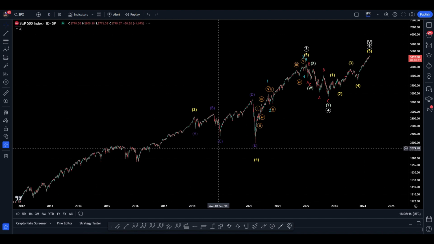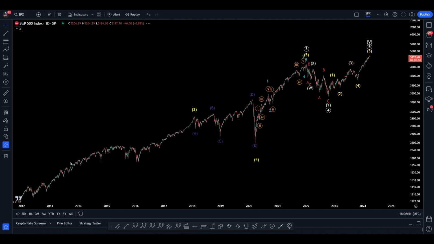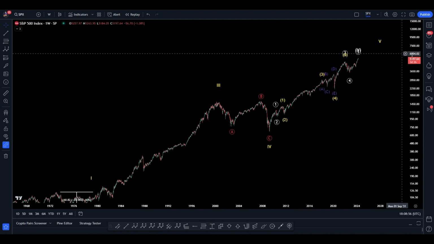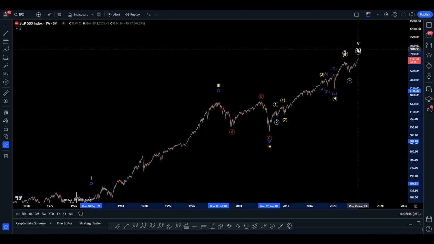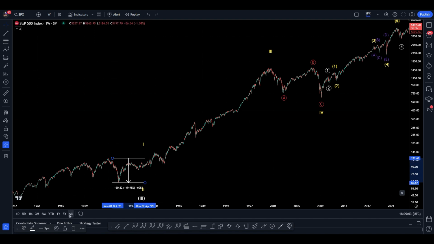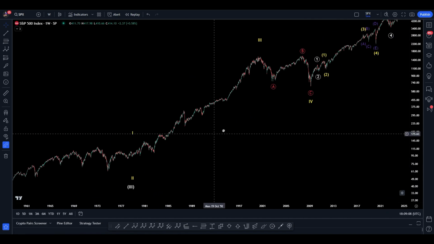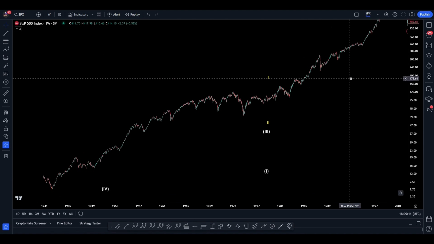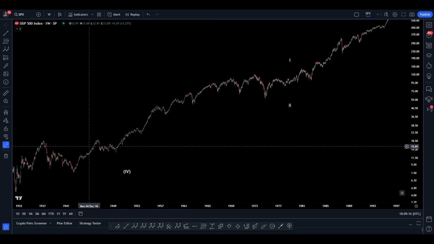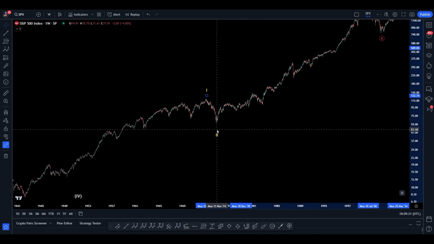If we go back in time, let's go to the weekly time frame. If we go back in time, okay, we have, that guy belongs there, okay? So take a peek at the yellow count. That's a holdover from something. Take a look at the yellow count. These labels aren't in the correct place. These belong over here more. But regardless, that should go there. I don't know why this got moved, but